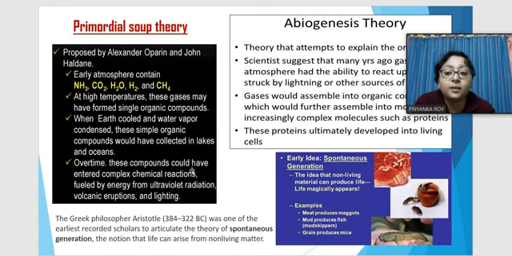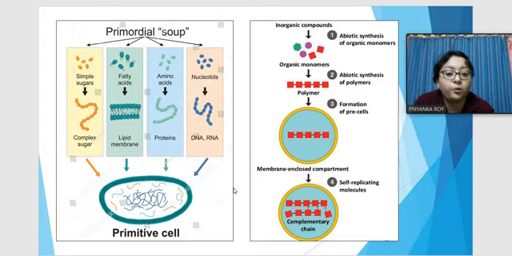So moving on with the Oparin-Haldane theory, or the primordial soup theory, we can say that this primitive cell can be formed by the formation of complex sugars from simple sugars, lipid membranes from fatty acids, proteins from amino acids, and DNA, RNA from nucleotides. And when these inorganic compounds synthesize organic monomers, it forms polymers, and therefore the formation of pre-cells or protocells, and then we get a membrane enclosed compartment, and also inside that we can get self-replicating molecules or nucleotides. Then we can call it a true cell. So this is the way this theory was proposed, and therefore